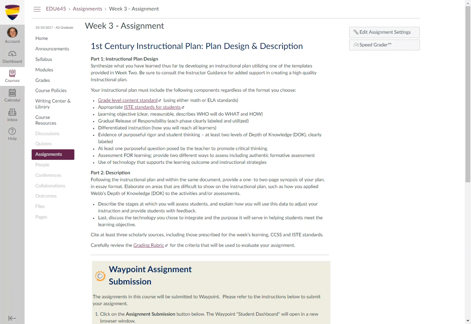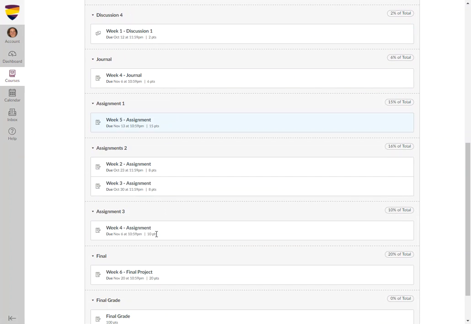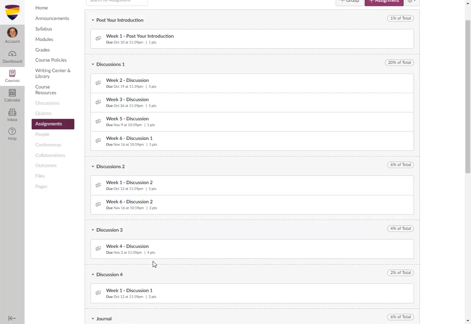So if you go back to the week 2 assignment, you'll find those links, but I will also be providing the exemplars that you can also use as well when you've decided which lesson plan you're going to use. So real quick again, when you go back to week 2 assignment, that is where you'll find the 3 different templates of the 3 different lesson plans, and you're going to pick one of these that you're going to use to create your instructional lesson plan for week 3. So go back to week 3,